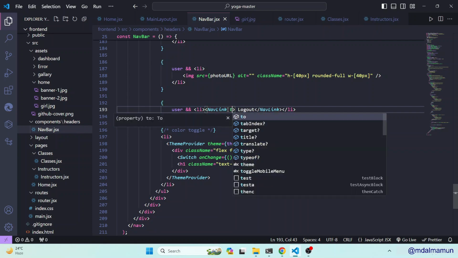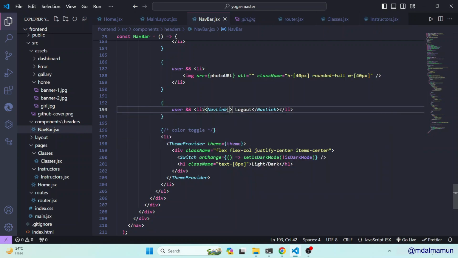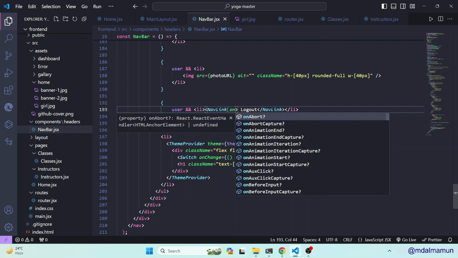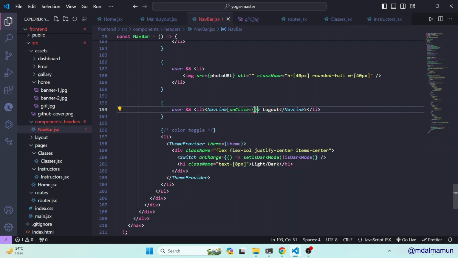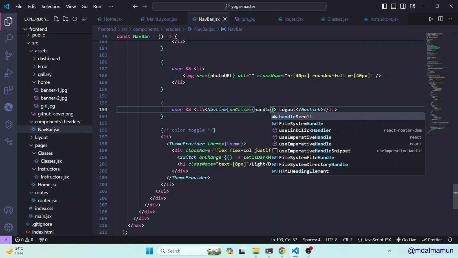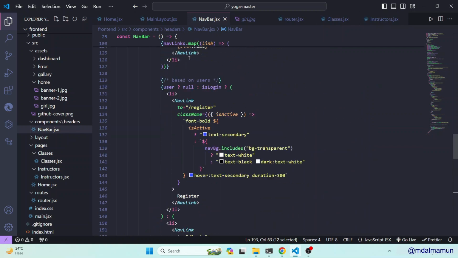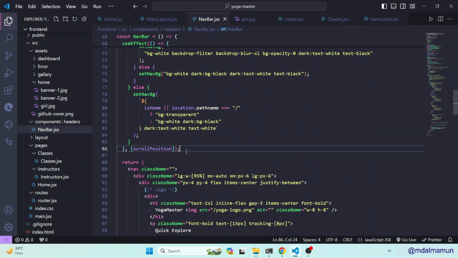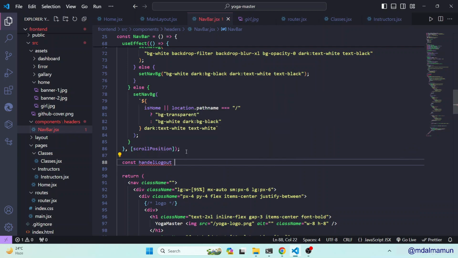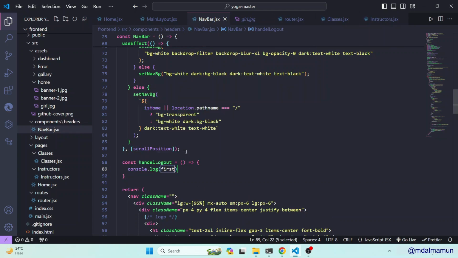Here we'll add a button. So on click we'll have handle logout. So right now this function is not implemented. Let me define a simple function for now. So const logout, that would be an arrow function. Right now here simply let me log it. So log out. Okay,